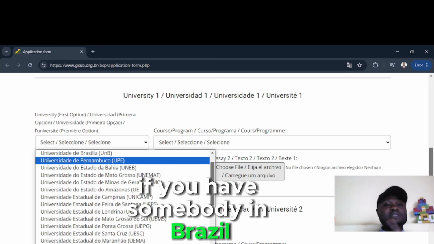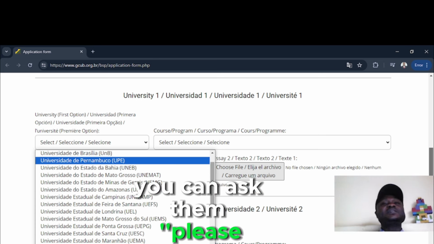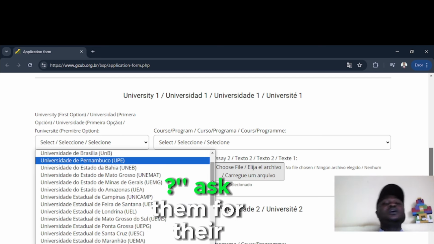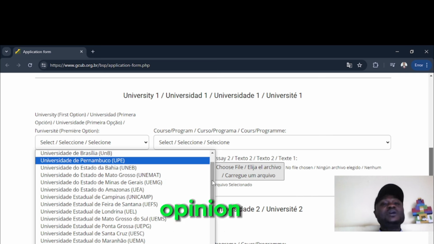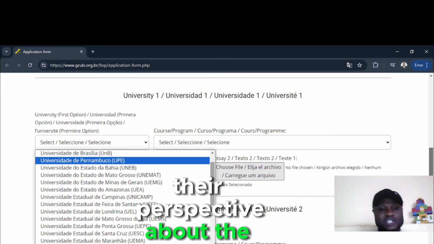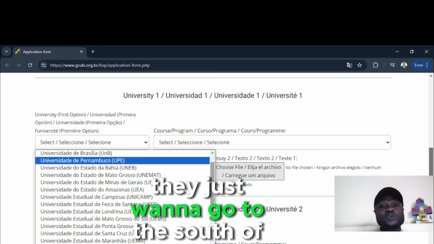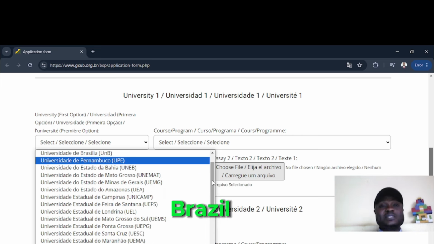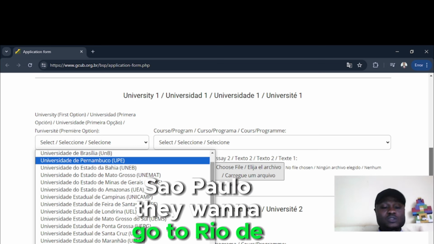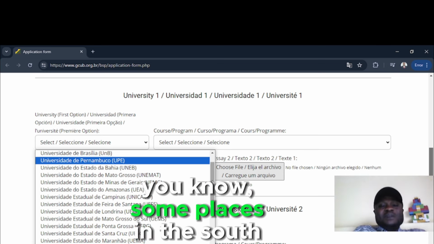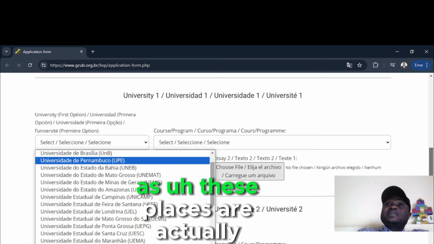If you have somebody in Brazil, you can ask them what the acceptance rate of the university is, and ask for their opinion and perspective about the university. What I've noticed is that a lot of people just want to go to the south of Brazil. They want to go to Sao Paulo, Rio de Janeiro, Santa Catarina, some places in the south. These places are actually good, but